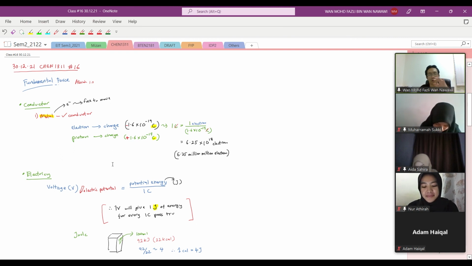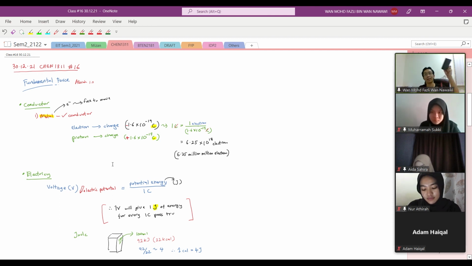It doesn't need to be electron in order to get electricity. You can also have proton. So the key is that it's the mobile charge that causes things to move. The mobile charge can be positive or negative. If negative, then it's electron, and positive is proton. The reason why you always associate electron with electricity is because when you talk about electricity, you always